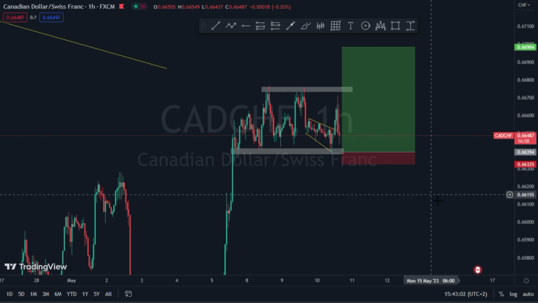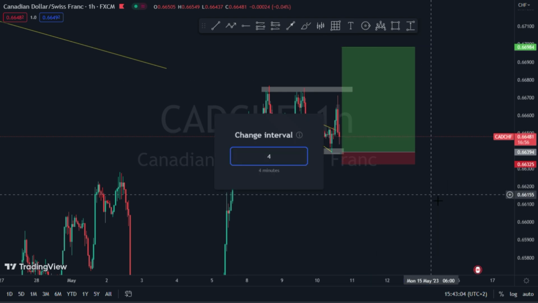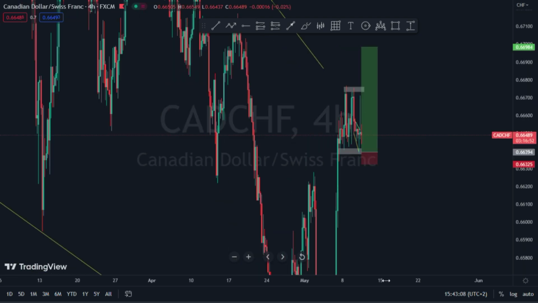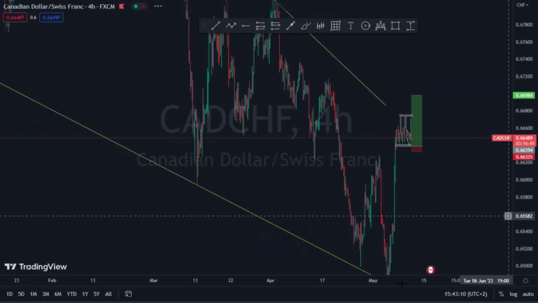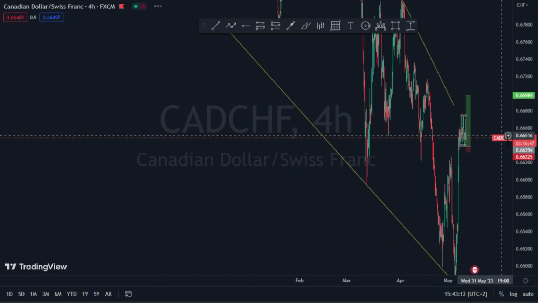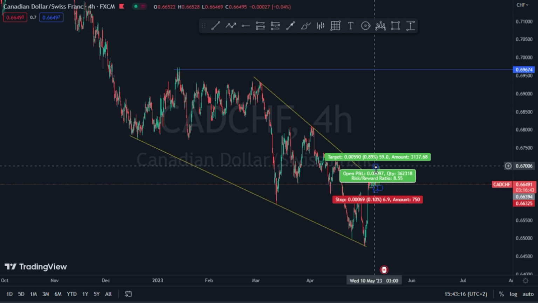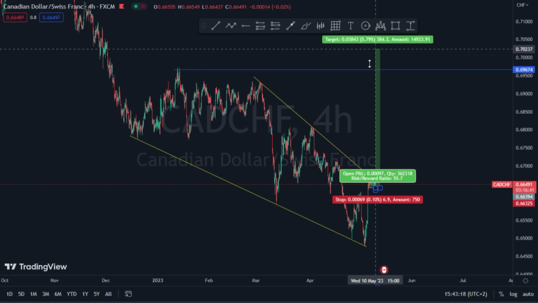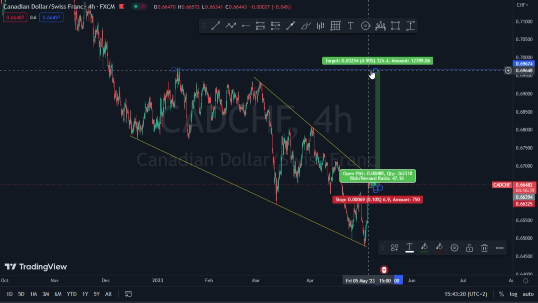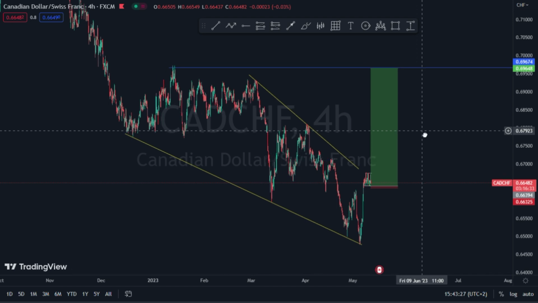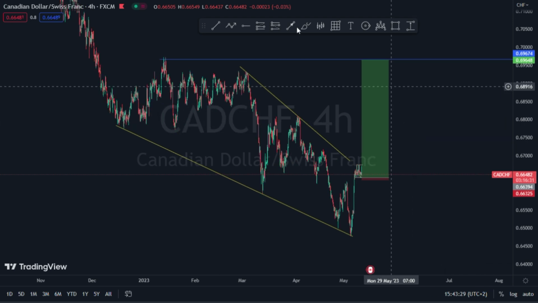So automatically we know that the market should push all the way to the upside until we complete the 90% of this structure right here, which is about 4.9% of profit. So this is what I expect from this market right here,